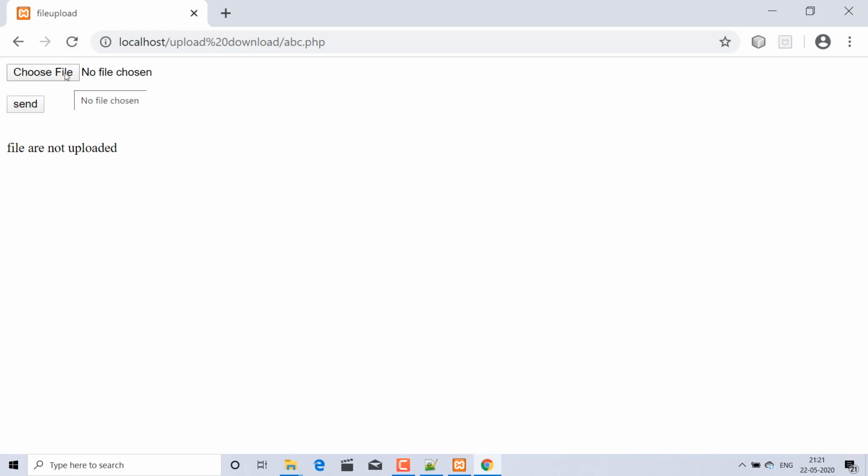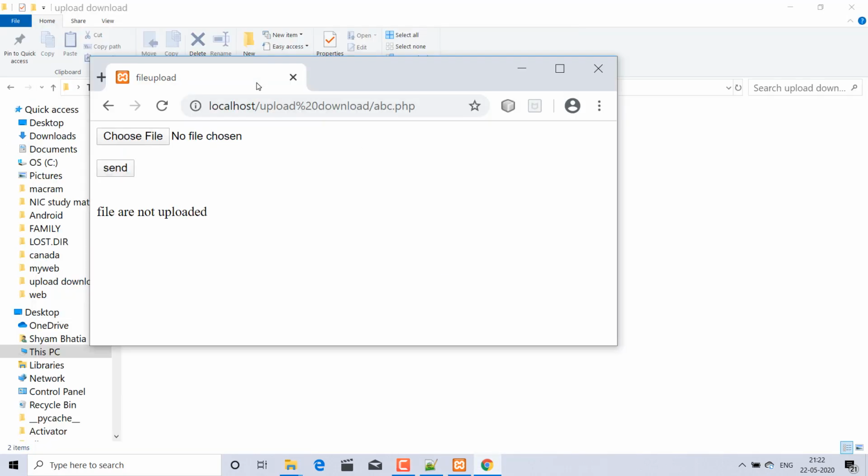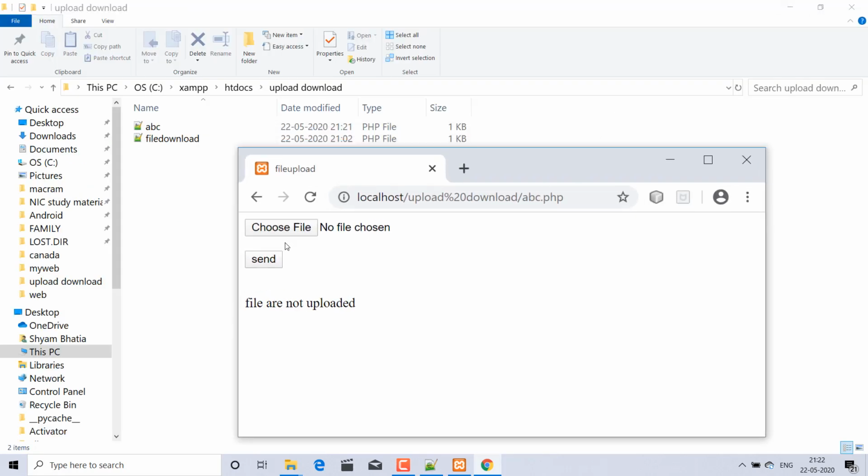Okay, I am choosing some file to upload here, and I will show that inside there are only these two PHP or HTML scripts present. No file is present, and I am also refreshing it. Okay, and once I upload, the file will come here. Yes, one file will come here. How to do that? Just choose it.